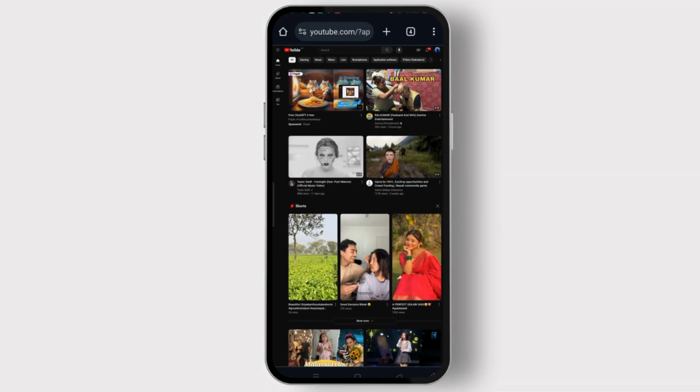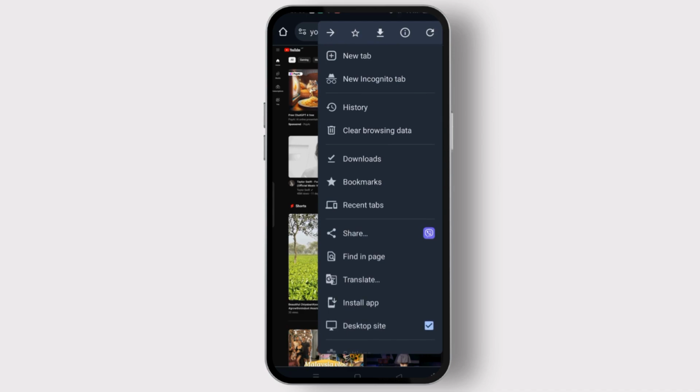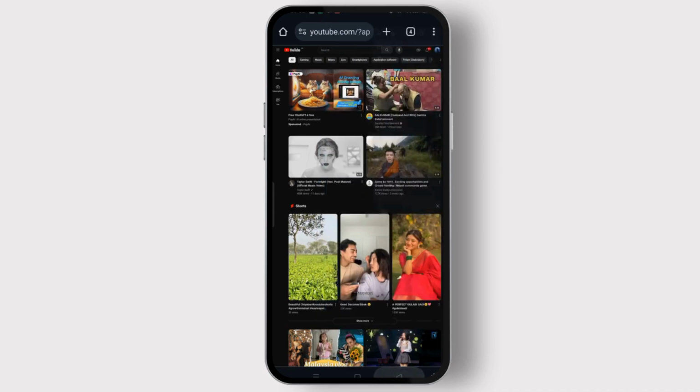Open any preferred browser and type in youtube.com on the search bar, and then the official site of YouTube will open, where you have to open the desktop site. For that you can tap on the three dots at the upper right corner and tick mark the desktop site. Then the desktop site of YouTube will open, where you have to click on the